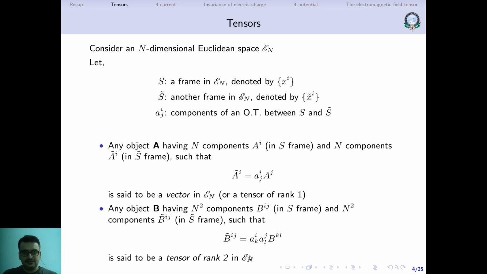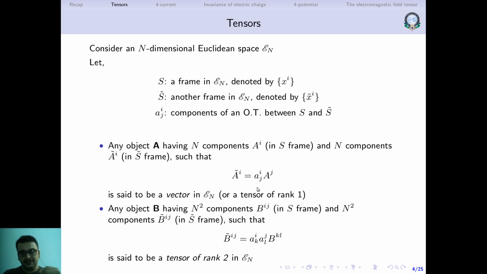So this is a tensor of rank 1, which undergoes one transformation. But what about tensors of rank 0? If you go backwards, a tensor of rank 0, when you go from one frame to another frame, does not change. So it's basically scalars. Scalars are those which do not undergo any transformation when you go from one frame to another. Tensors of rank 0 are known as invariants because they don't change from one frame to another.